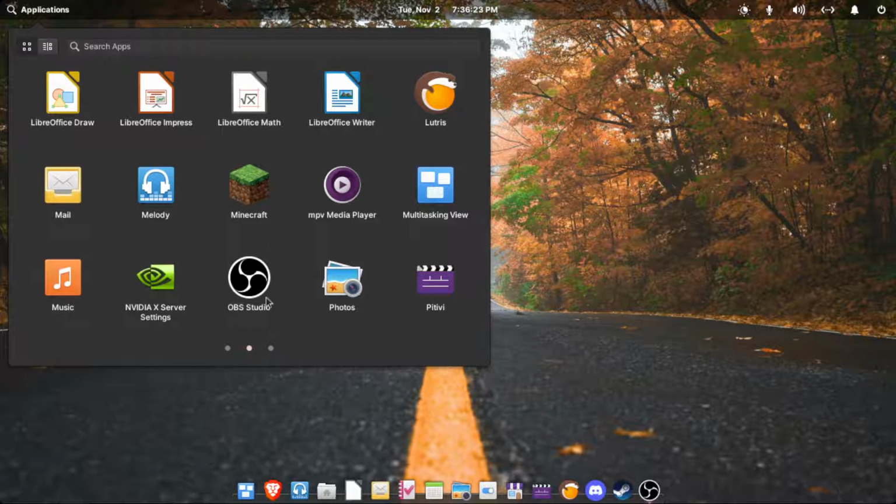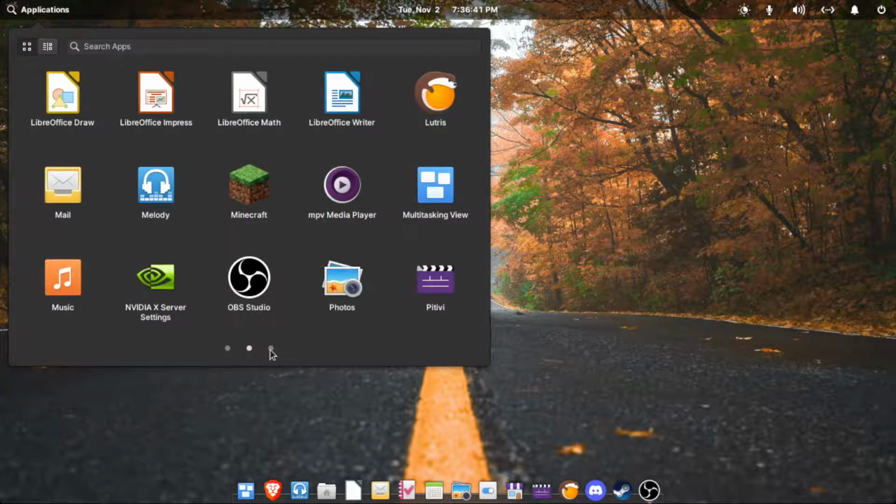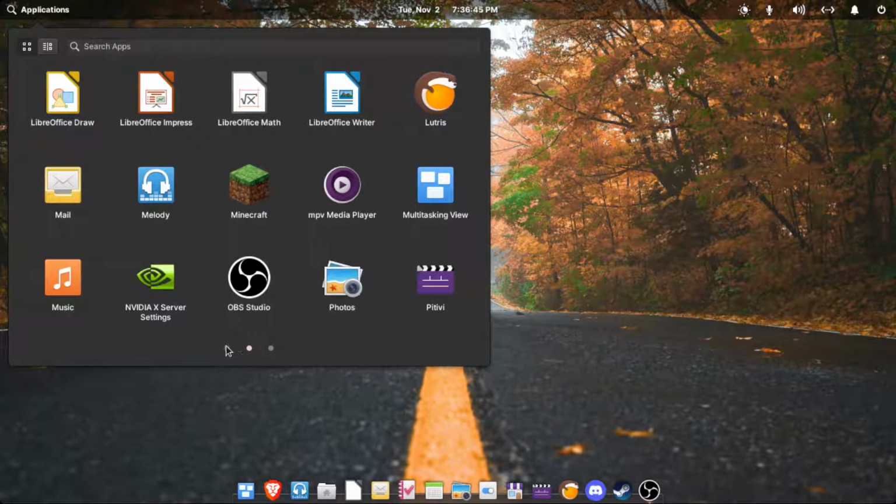Of course, what's being recorded on OBS, and I dislike Elementary OS's web browser. I never got used to it. I mean, it's there, but I'm gonna install Brave though. I'm not gonna lie, since I like Brave.